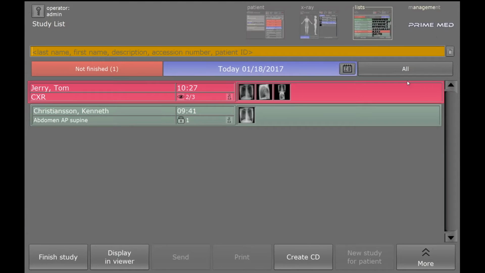Again, we'll go back. Now you can see here, since we added the stitched image after the fact, it's in this magenta color and it's not finished. So I can go ahead and finish study and then make it green. So from there, like I said, we